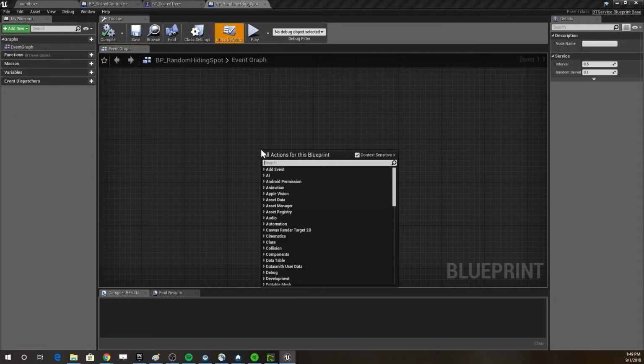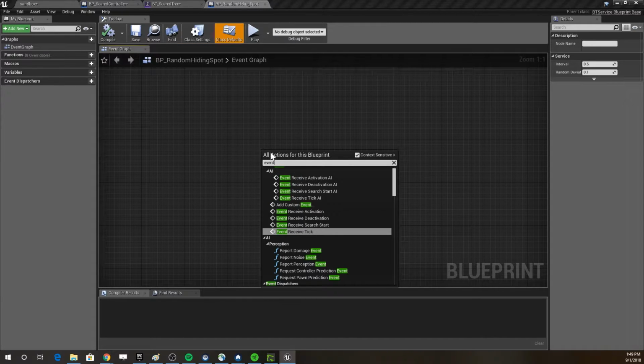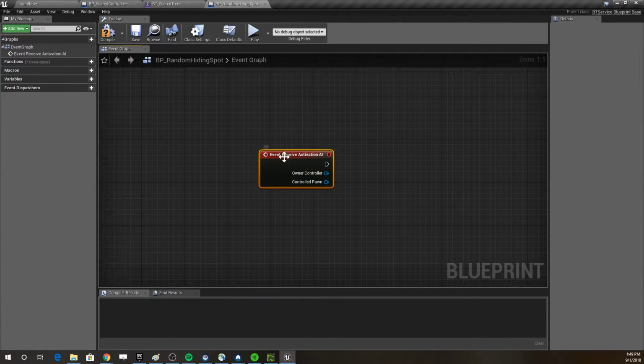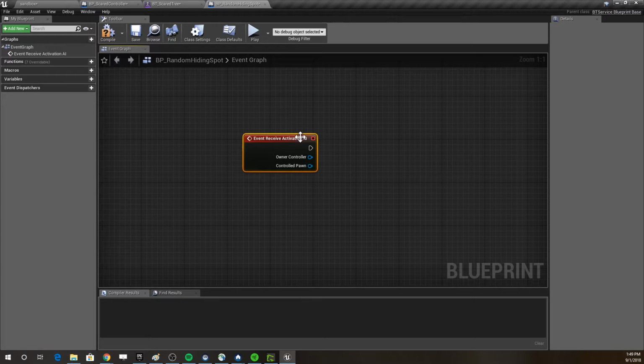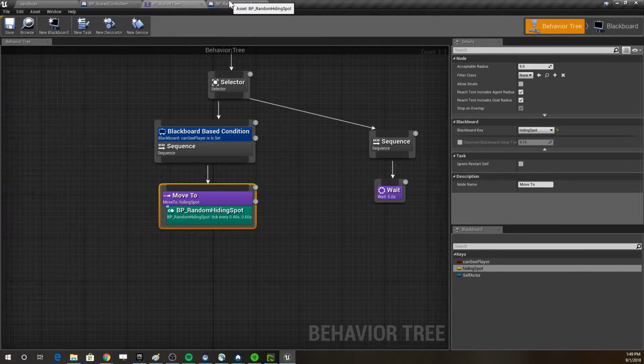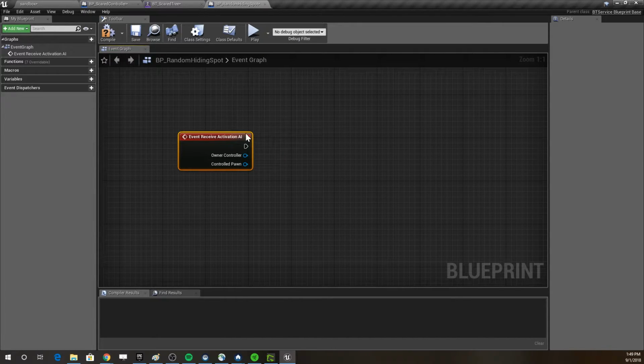So we want to right click, and I think it's Event Activation AI. This is what gets called. They should really include, like they do in the blueprints, these little grayed out hints, so it's easier to remember. Event Receive Activation AI is just the event that gets called when this task gets run. It's activation. And the controlled pawn